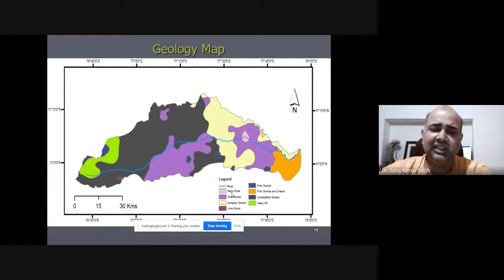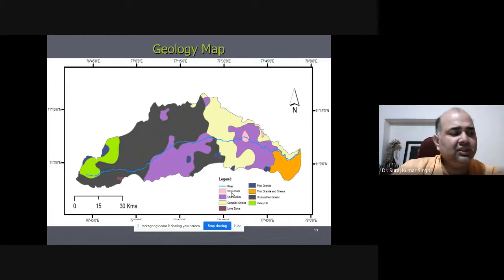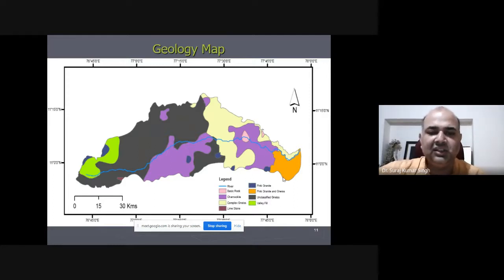Using the satellite images, we'll be identifying the different kinds of rock types. We'll take the GSI map, that is the Geological Survey of India map, as a reference, and georeference it with our satellite image. Thereafter, we'll update the different kinds of geological map to prepare a composite geomorphological or geological map using the satellite images, and we'll use GIS techniques to identify each and every unit in that area.